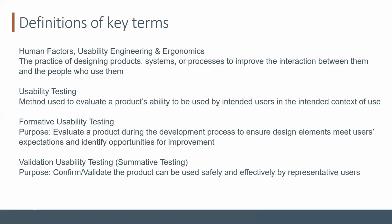But usability testing is the one that I think is most often thought about when thinking about getting a device through FDA. The human factors needs a validation usability test, which comes up here in a second. So formative usability testing is the type of, and not all formative tests are usability tests. Like I mentioned, we could do earlier stage testing or evaluations where we don't actually have a physical